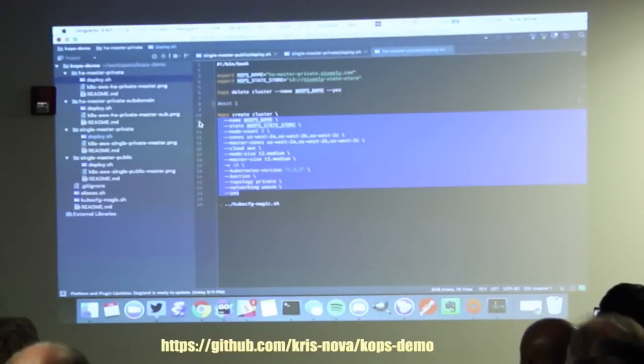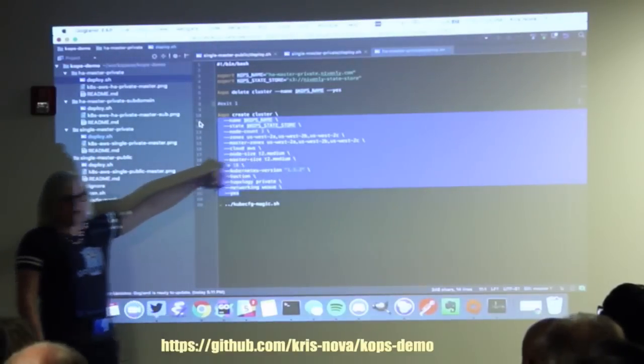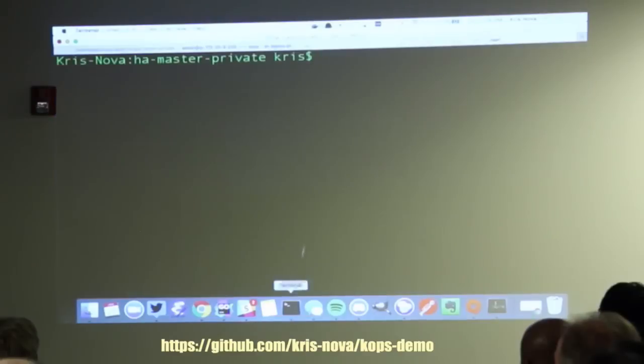So anyway, we will specify the master zones as well as us-east-2a, 2b, and 2c, which are available to my AWS account. It's specific per account. So just because I have A, B, and C doesn't mean you guys are going to have A, B, and C. And that will actually run an HA control plane across those availability zones with a private network topology, and then it will load balance across the 3 masters. So from the command line,